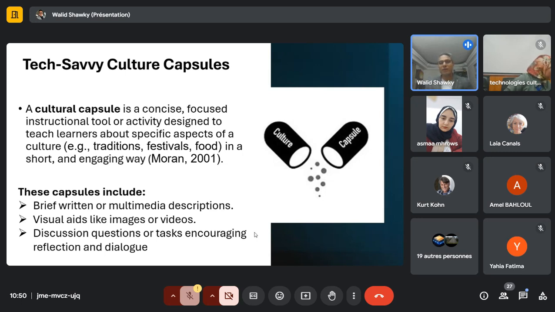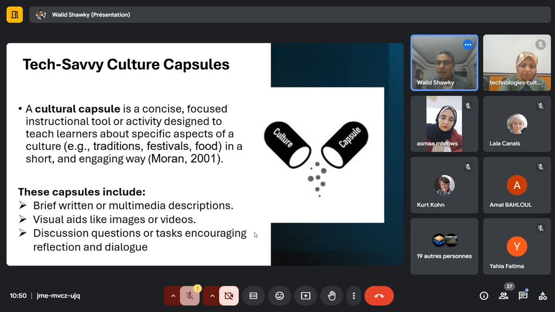So for example, if you have basic level learners, maybe B1 or B2 level, who may not be able to grasp something that is linguistically challenging, it's difficult to ask them to go to, for example, an encyclopedia and read research about this place. It's difficult. Try, as a teacher, this is your role, to find a cultural capsule, an activity that fits your